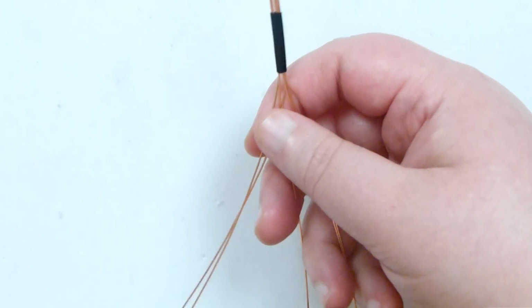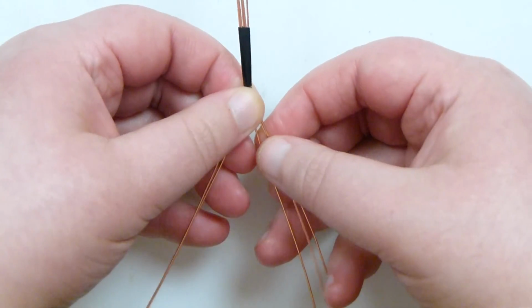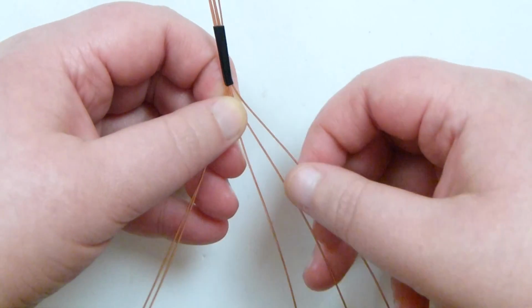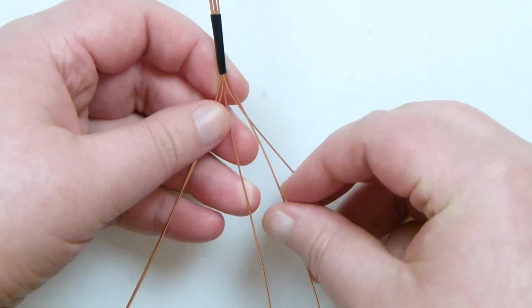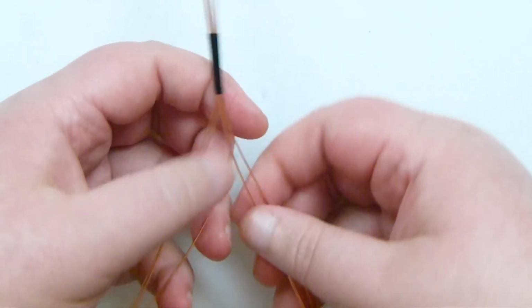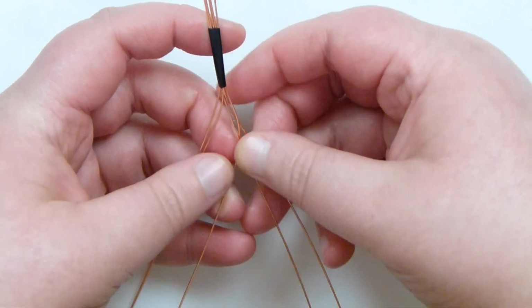And then that becomes a new middle one, just like that. And then basically you just want to continue going like this. So again, the other side now, the outer one goes over and under. And what's really about here is finding your rhythm with making the braid here with the wire, because like I said, it's quite different using the wire